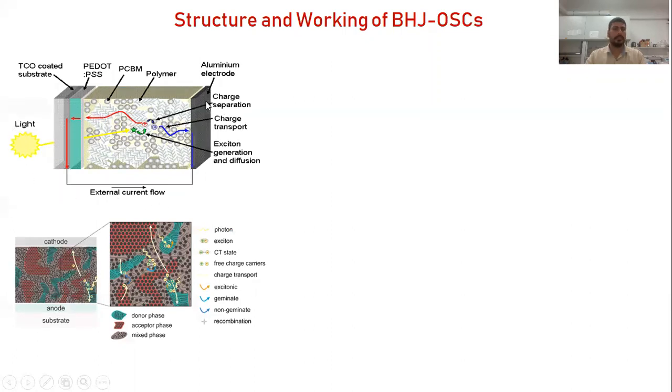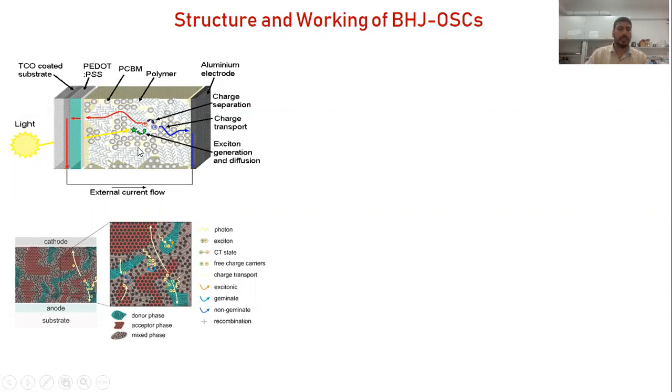As I explained in my first slide, this is the active layer, which is a blend of donor and acceptor. Here, the donor is a polymer and the acceptor is PCBM. It is sandwiched in between the ITO and the metal electrode. And sometimes we use some additional layers like PEDOT:PSS as a hole transport layer, or molybdenum oxide as a hole transport layer, or zinc oxide as an electron transport layer in order to improve the charge collection efficiencies.